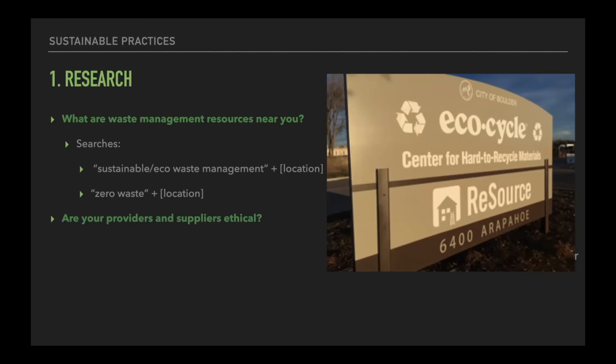All right. Another thing to research is where you get your materials. Where do you order your things? Where do you get your supplies? And are these places ethical? Are they doing their best to actually be sustainable? So primarily you want to look for local green businesses. As much as you can purchase in person, do that, because the cost of shipping and the eco footprint of sending things by air to get across, especially out of country, is really, really, really huge.